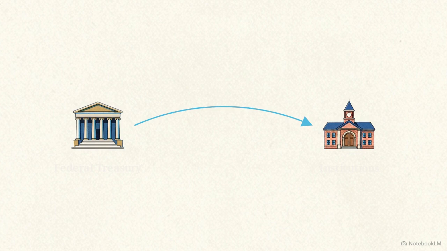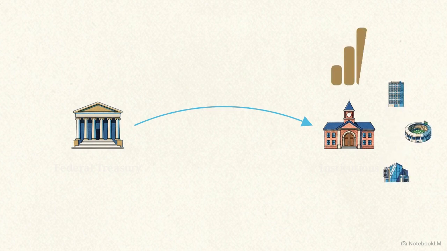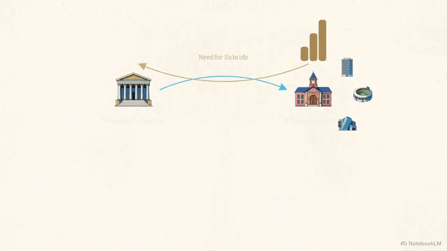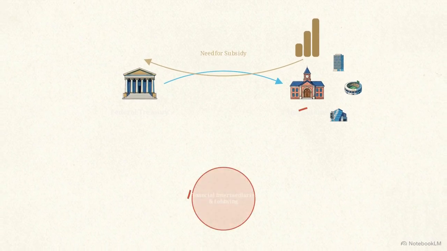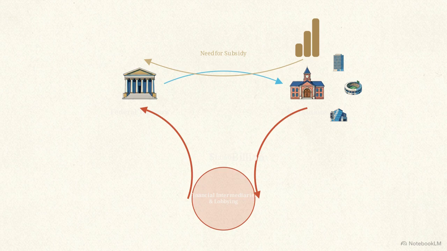First is the financial inflation loop. Federal injections hit prestige-maximizing institutions, fueling administrative expansion and tuition growth, which then triggers the need for further subsidies. Second is the debt dependency loop. Rising tuition generates a larger student loan portfolio, creating revenue for financial servicers who reinvest over $1 billion into political lobbying to protect the existing debt architecture.